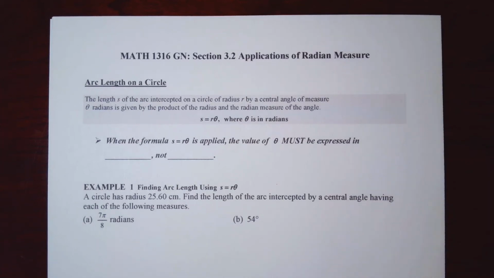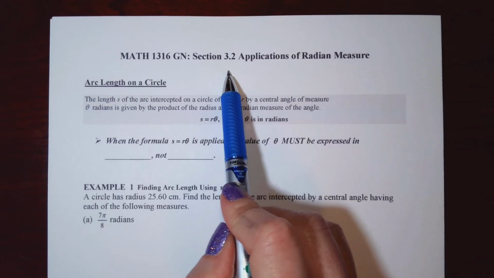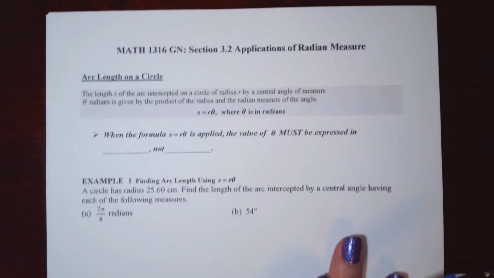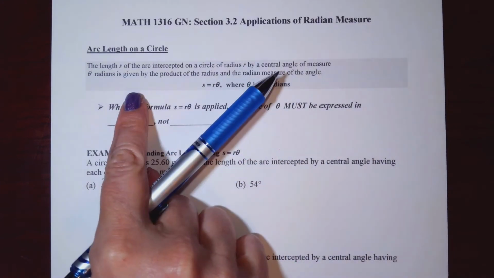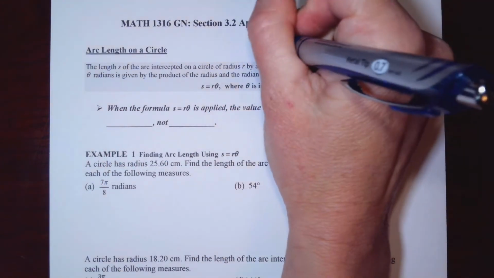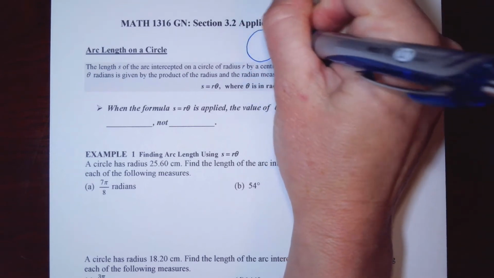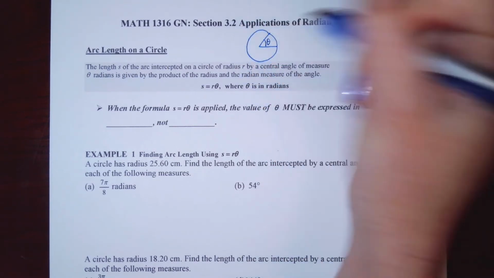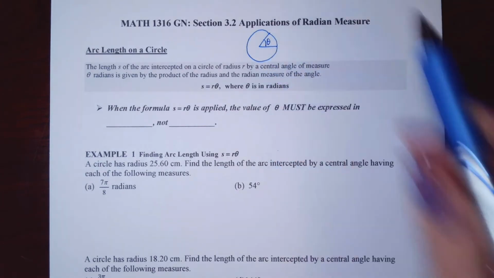All right, here we are focusing on radians again. In section 3.2, we're going to talk about applications of radian measure. Now, we already introduced the concept of the arc length on a circle. In our last section, we talked about the fact that 1 radian is when the angle is of the size where